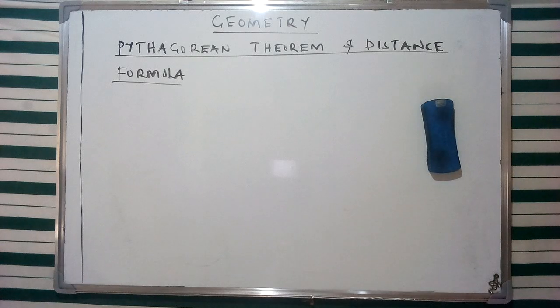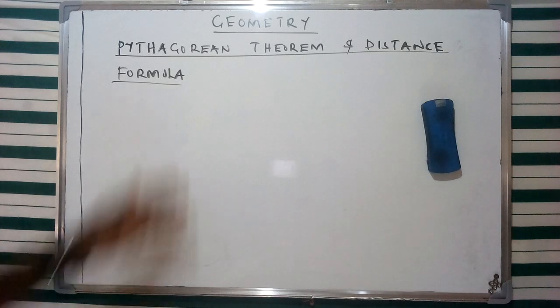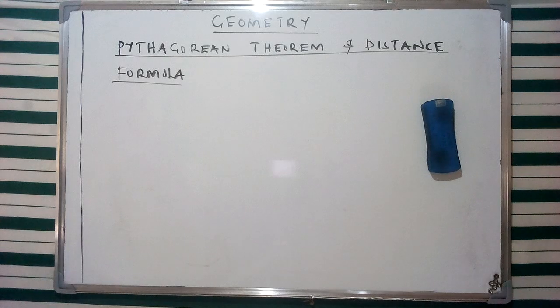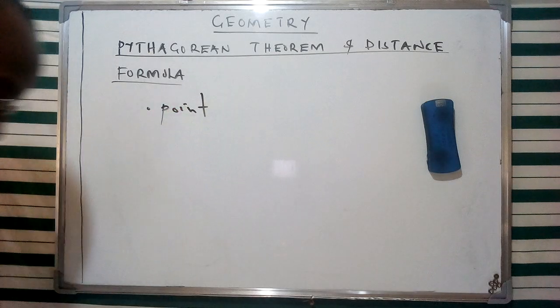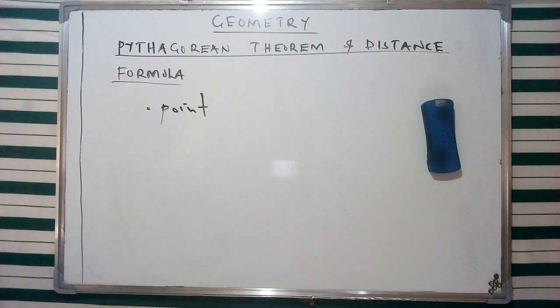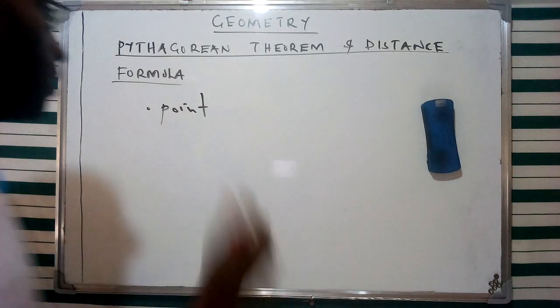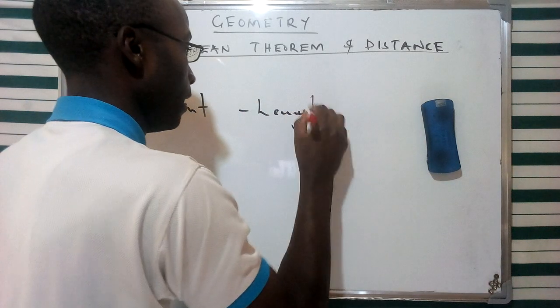In today's discussion, we're going to look at the concept of the Pythagorean theorem and the distance formula. This is going to be a follow-up video on the first one that we had done, the introductory part of geometry, where we looked at different aspects of a point, segment, and length. We said that we can describe a point as an infinitesimally small location in space, which lacks length, width,